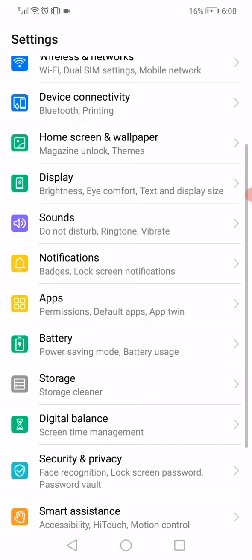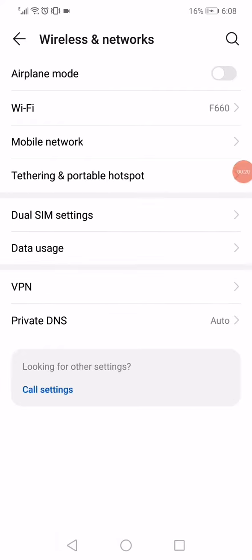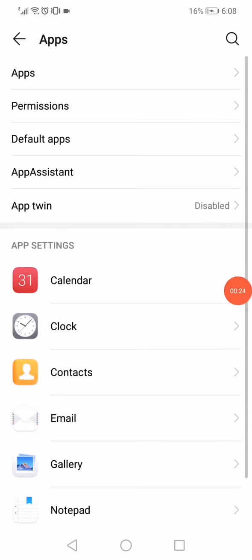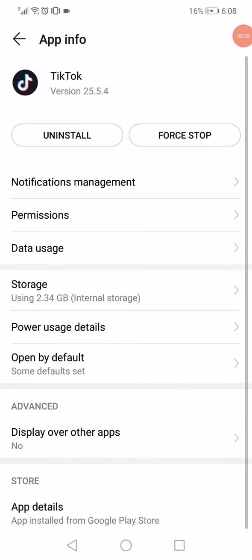Just open the settings on your phone and then make sure that the Bluetooth and all the options are enabled. Also the Wi-Fi, you should disable it. After that, go to the apps manager, go to apps, go to TikTok, and now all what you have to